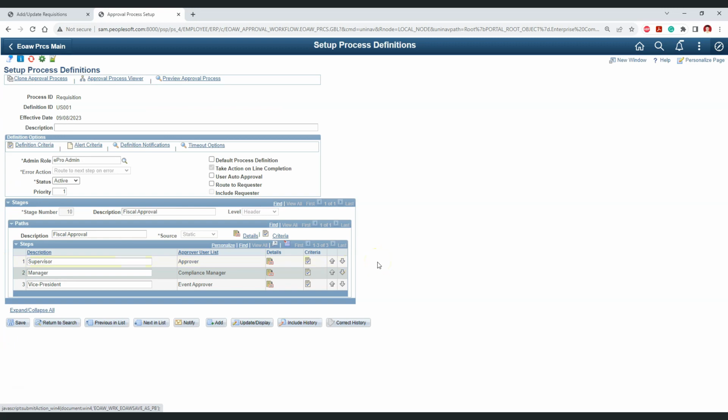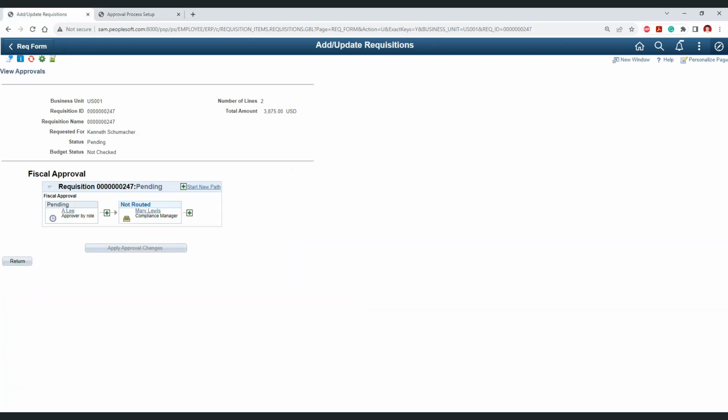So this is the concept of approval framework. It is a very important concept. At the same time, it is a big concept. So we won't go into detail about approval framework, but we will just see it from a very high level perspective for our requisition approvals. The approval framework process has multiple concepts like stages, paths and steps. To keep things simple, I have taken only one stage and only one path, and as you can see, we have only one stage and one path,